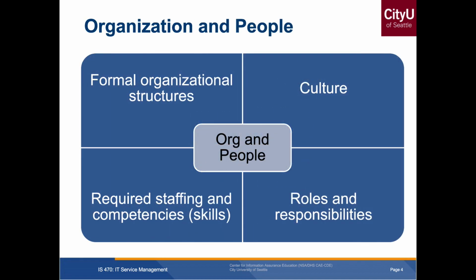Okay. And for organization and people, we do need to have a formal organizational structure. This could be having a flat or two functional or two divisional, right? Culture is where you have the company culture as well and the individual culture of the people. Required staffing and competencies, you do want to hire competent people to be experts on the field so that you can basically handle problems and solve, add more efficiencies to your current processes, right?